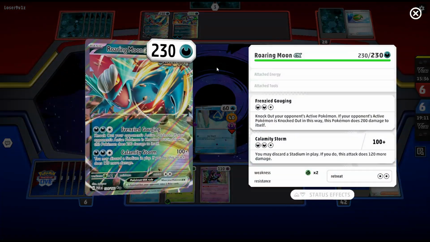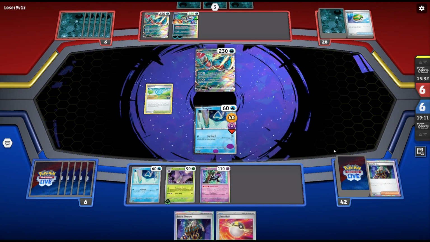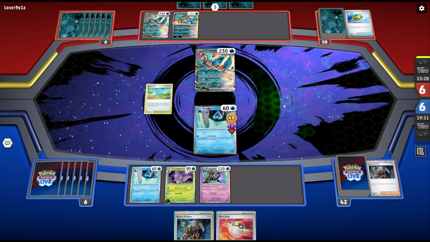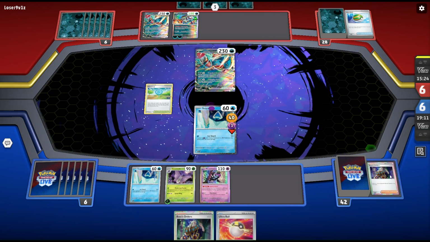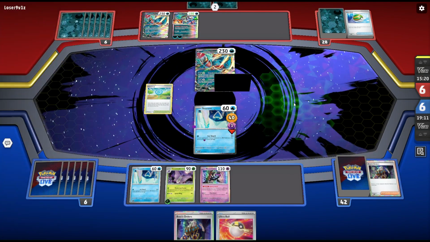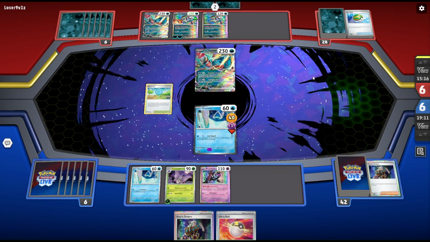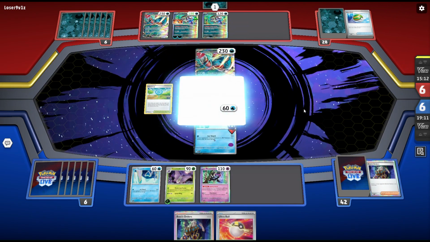Unfortunately, despite us hitting it for weakness, we're only still dealing 60 damage, which is not a lot. So, since we're just kind of throwing everything away here, we're not really going to get to display what this deck can do. We lost our Rescue Board there, so now we just have to wait till this Snorunt dies. Or attach retreat, obviously, but...